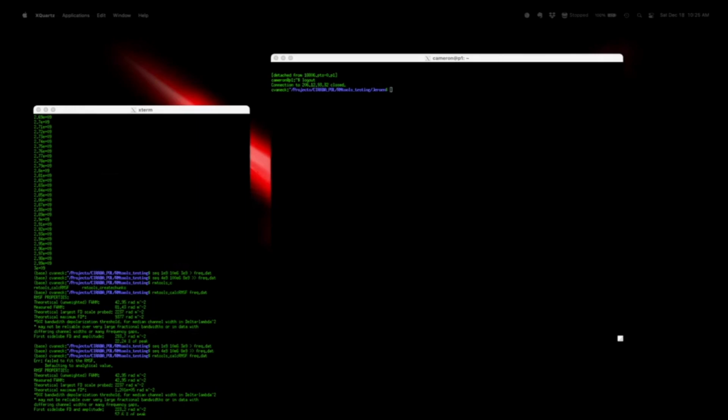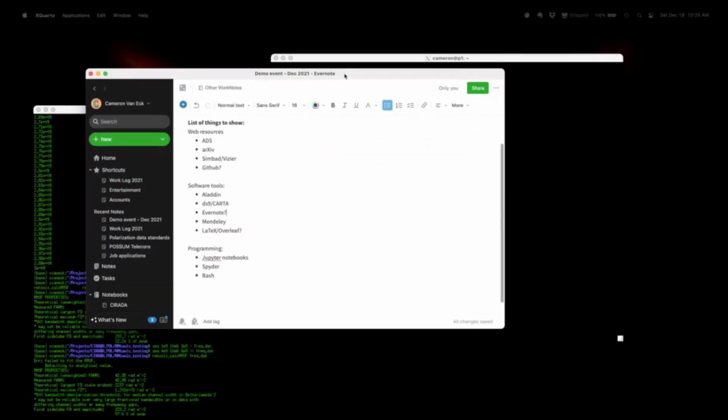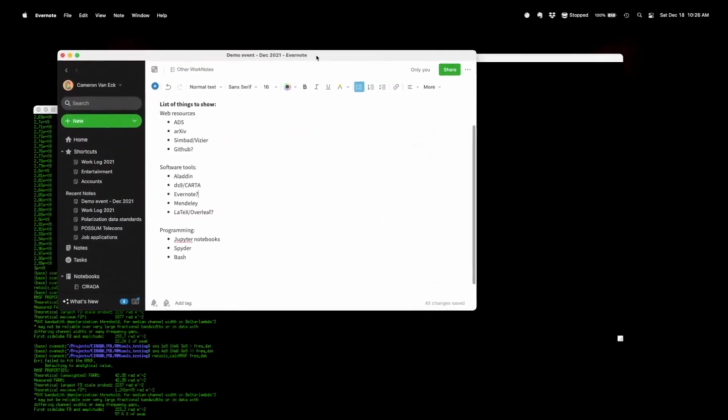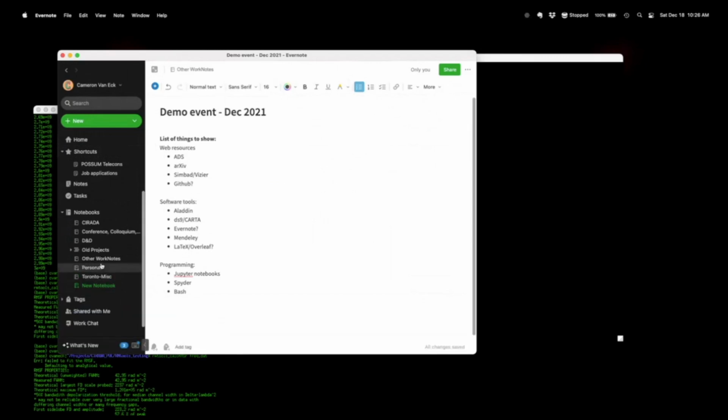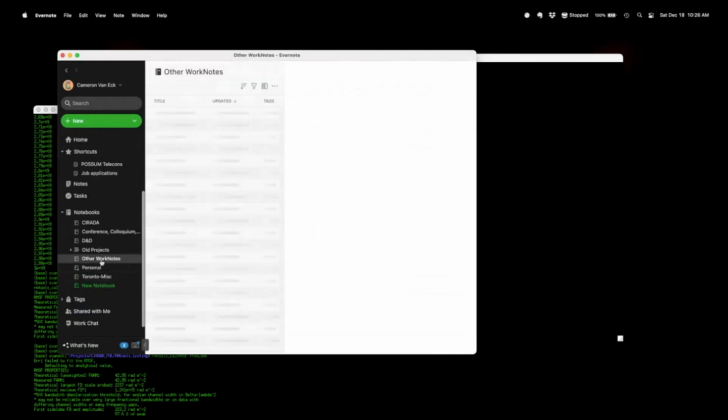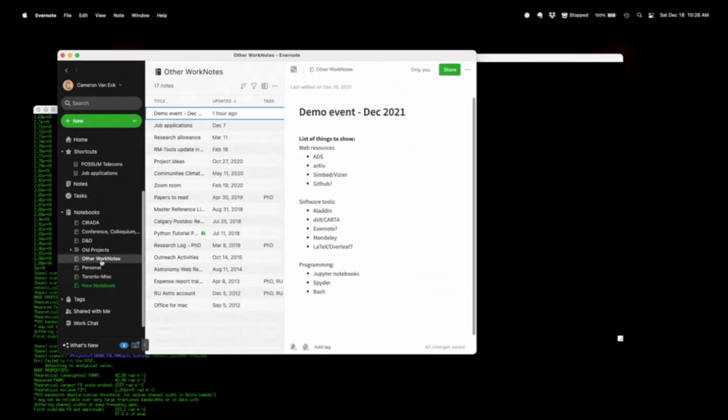I don't know. I mean, it's not necessarily astronomy related, but if you do get into research or big projects, it's good to take notes. This is a program I use called Evernote, which is available for free and paid. I think I technically have paid for it, but it's a nice, easy way to make notes and keep them organized. It's super useful if you're working on a project and you want to keep track of